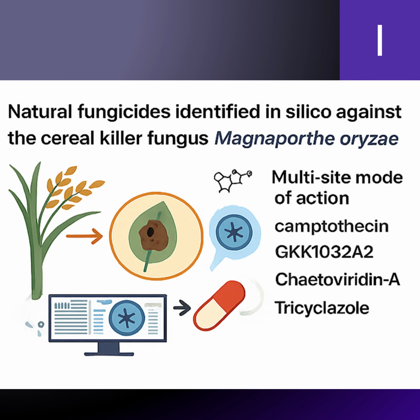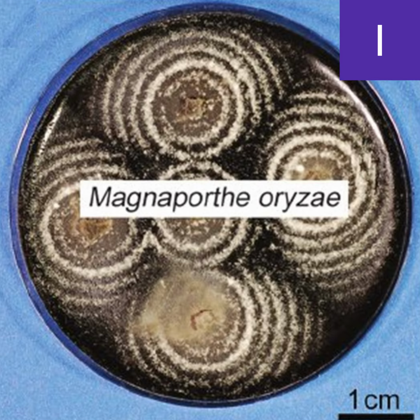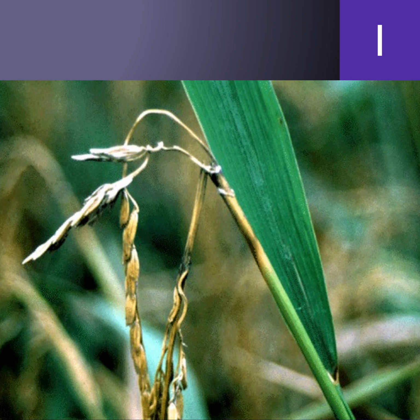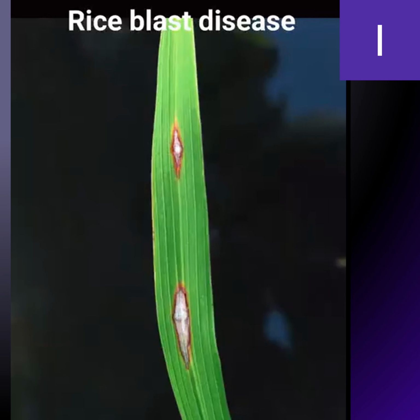So the big question is, can we find safer, natural, and more sustainable fungicides? That's exactly what this study set out to explore. To understand how to stop this fungus, we need to know how it infects plants. It uses melanin to strengthen a special structure called the appressorium, which basically punches through the plant surface. And it also relies on trehalose and the glyoxylate cycle for energy. So, if we can block the enzymes behind these processes, we can stop the fungus before it even gets inside